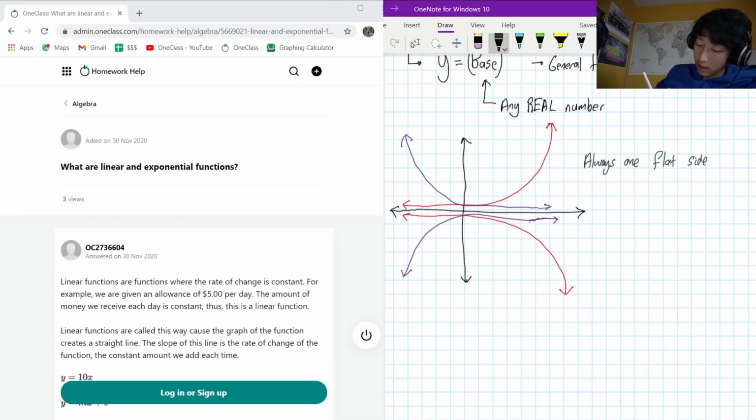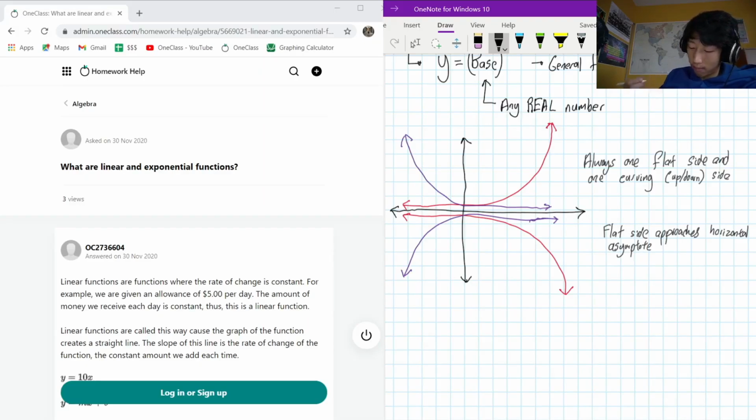Flat side and one curving up, or down, because it could be curving down, side. Okay, now the flat side will approach a horizontal asymptote. Okay, so these are the key visual characteristics that you should be looking for when you're dealing with exponential